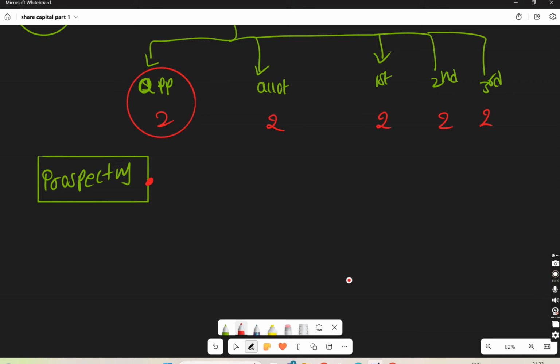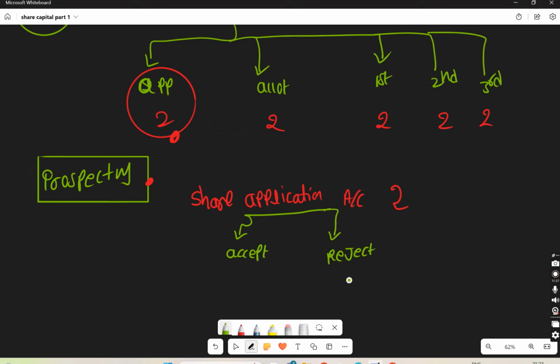So first you are going to make an application. So when you make an application, the company is receiving 2 rupees. You are going to create one dummy account called share application account. You're going to keep money there. Okay. Then again, this application, I can do two things. I can either accept it or reject it. If I accept the application, money will go to the share capital